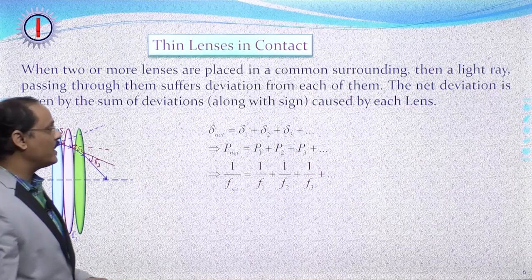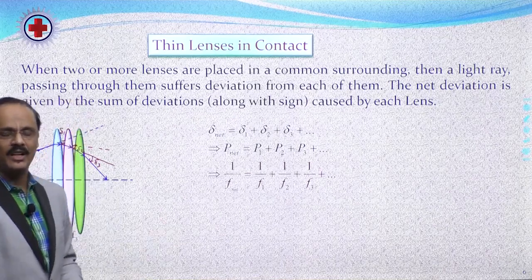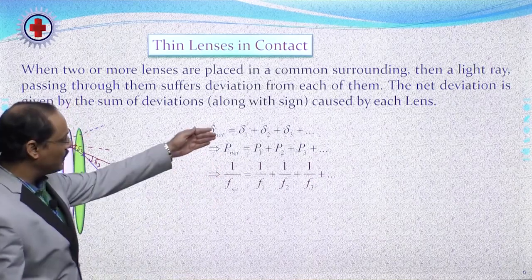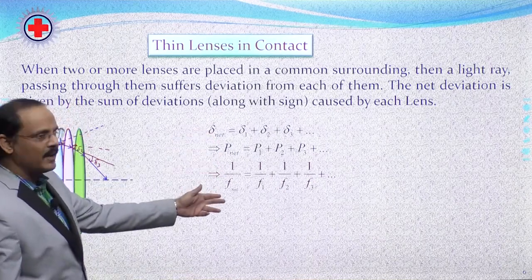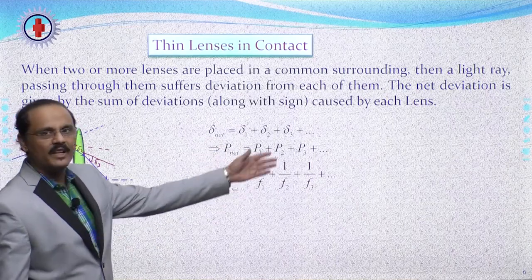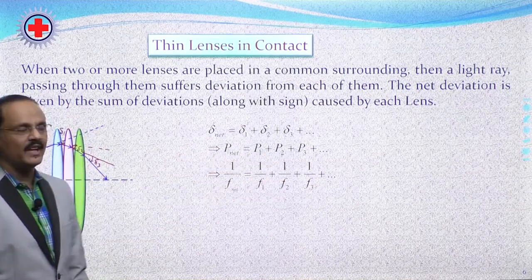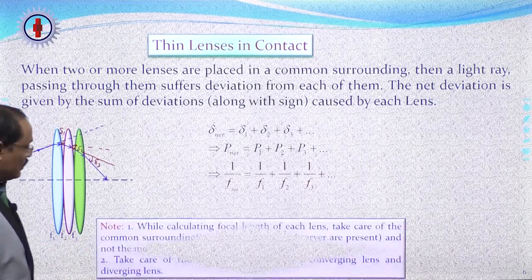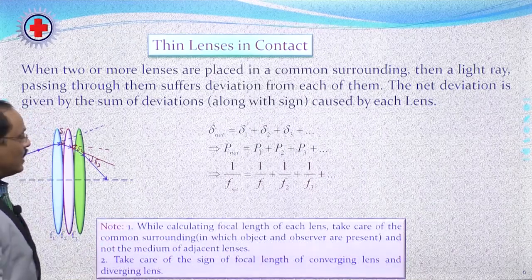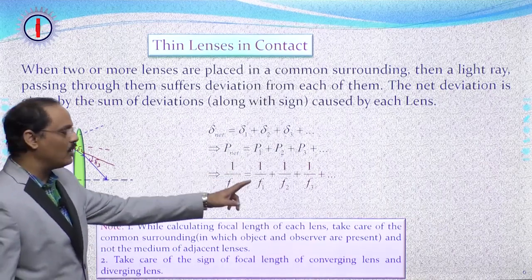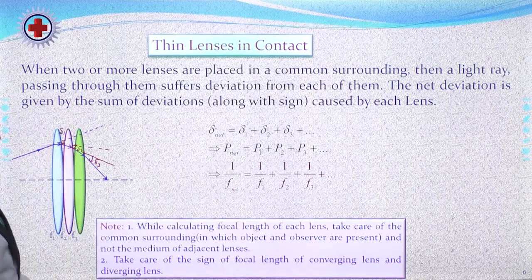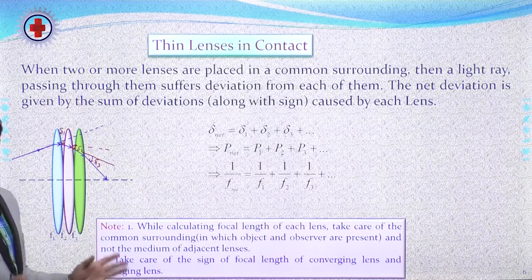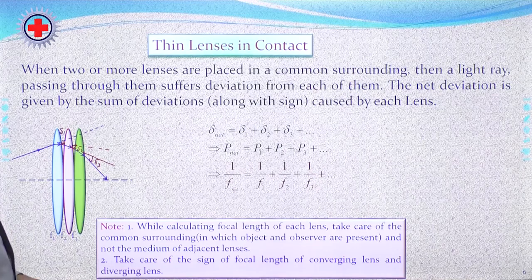For a lens, we already know power and focal length are inversely related and the proportionality constant is plus 1. So, from here we can write 1 by F net is equal to 1 by F1 plus 1 by F2. In this way, we add up the focal lengths of each lens. Now, you need to be careful whenever you take power or focal length about the sign. You need to check whether the lens or mirror is converging light rays or diverging light rays.